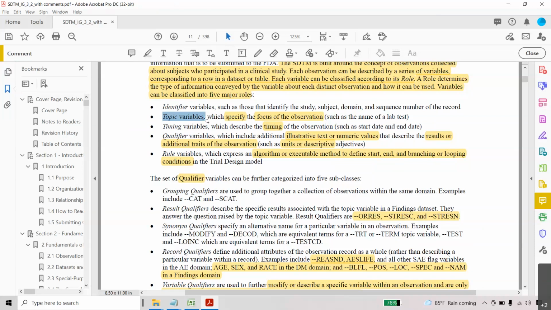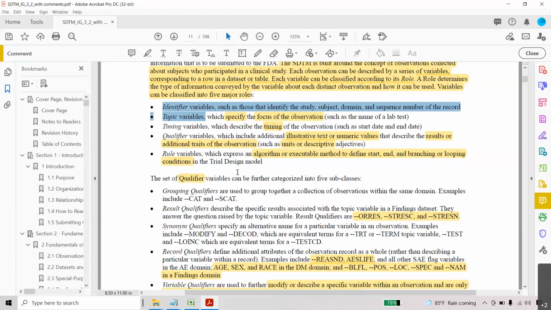Concomitant medication, adverse event, demographics, every domain has its own topic variable. Have a very good understanding of the topic variable. If topic variables or identifier variables are present, they should not be missing in the data. They should be populated by default. There is no compromise on missing data, which is why these are required variables. If you see any missing data, you can inform the data management team or your study team that the data is missing.